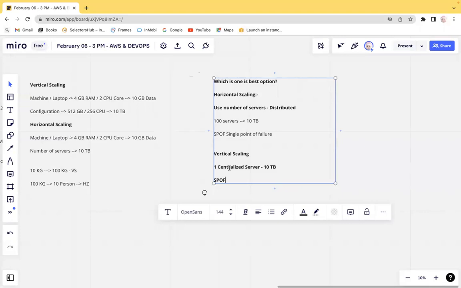Suppose I have 10 terabyte data that I need to process. In that case, in horizontal scaling, we can use small servers, 100 servers that we are using. Even if one server fails, it will not affect that much. But if we go for vertical scaling, here we are using only one server. If that one is failed, what will happen? The complete work is down. So that's the reason I'm saying, horizontal scaling,